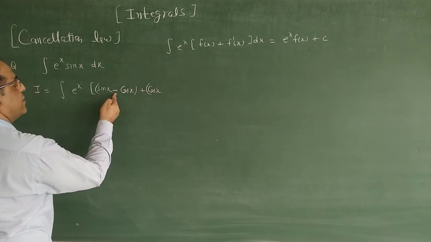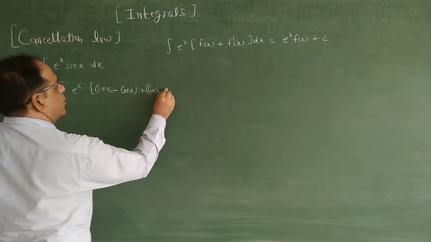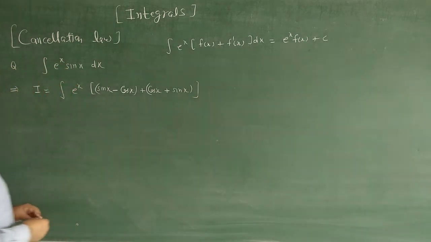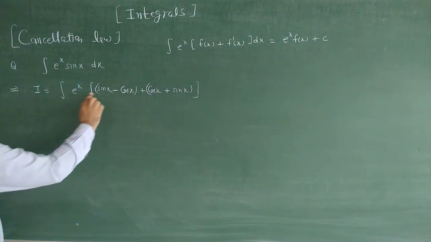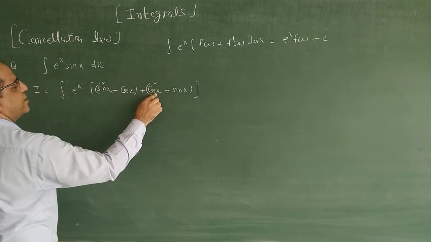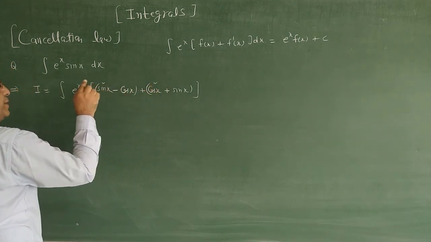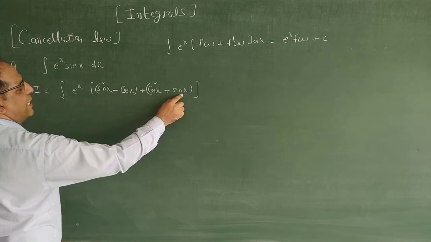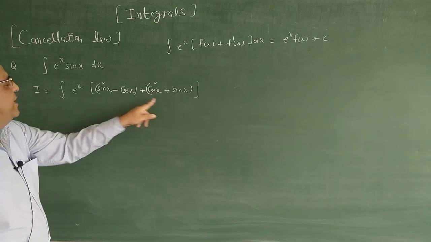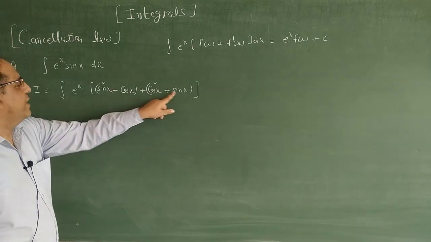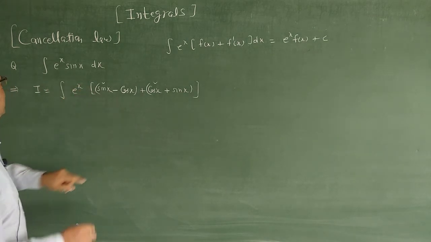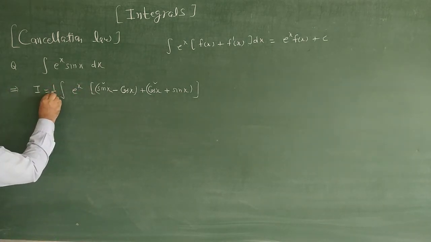So now this is balanced, but what is the differential of minus cos x? This is sin x. So put sin x there. Now everything is balanced. The differential of sin x is cos x. This cos x is balanced by minus cos x, but the differential of minus cos x is plus sin x. So now, if we observe, sin x becomes 2 sin x, and cos x cancels out. So we have e to the power x into 2 sin x. So for balancing, multiply by 1 upon 2 here.